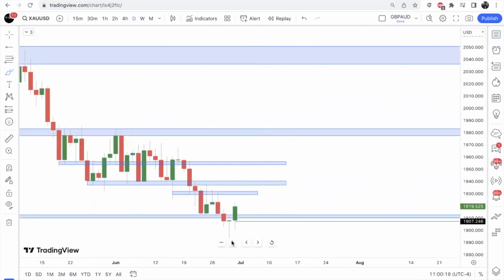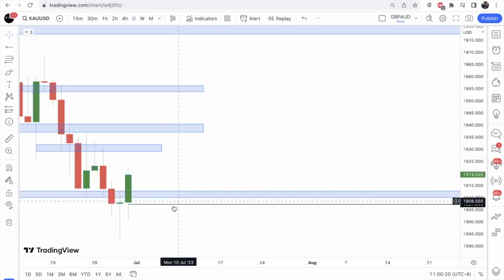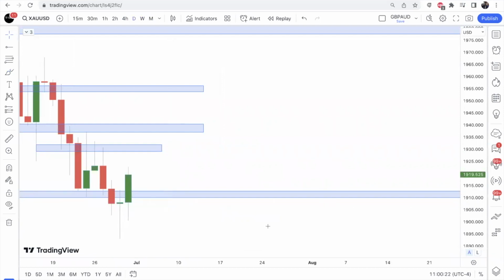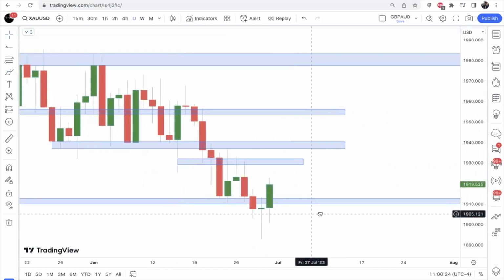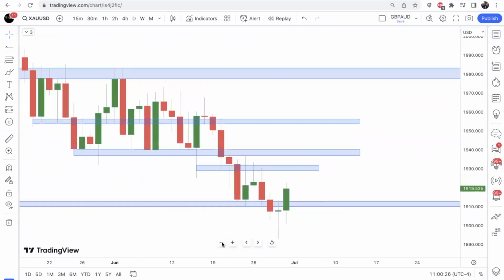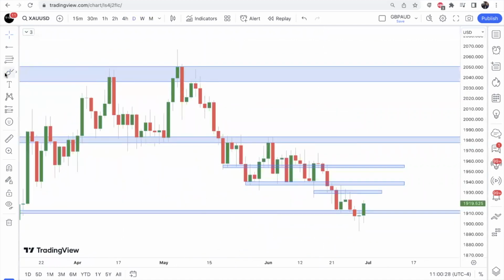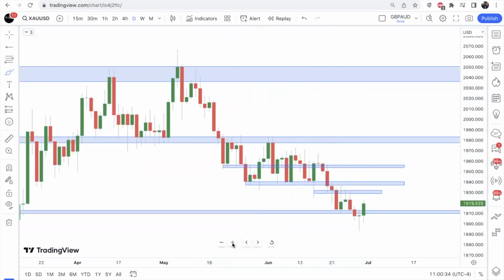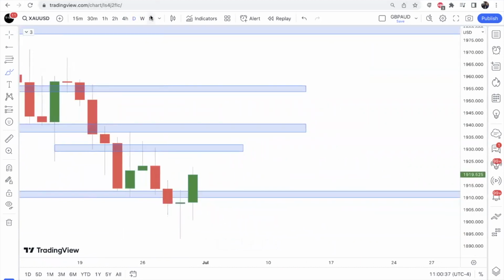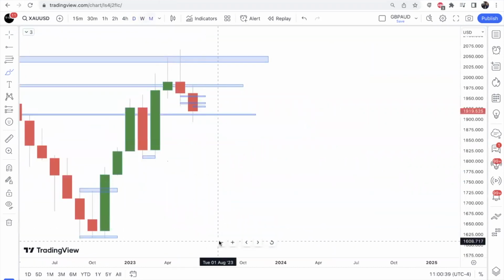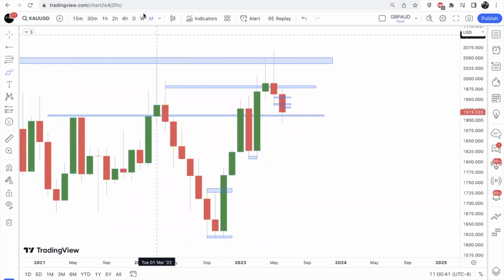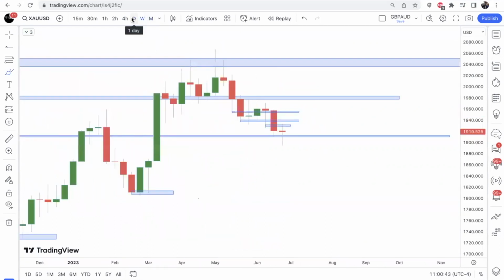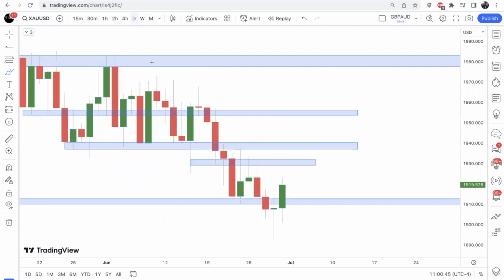Gold is high on my list and my radar this week. We can see here on the daily, gold is also correcting with the dollar, but we can see this is still bearish on the daily. All right, we still got these lower lows and lower highs. Still bearish, but with the dollar correcting, we can see gold correcting as well. On the monthly, we still see strong bearish rejection. So I do believe this is likely just a correction before any more drop.